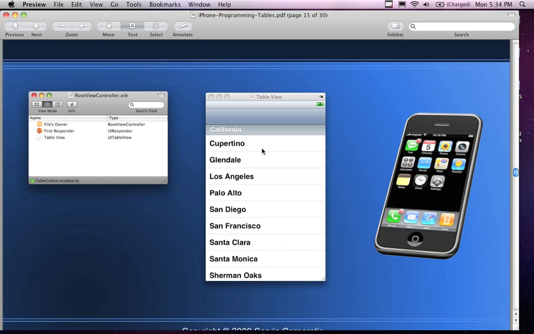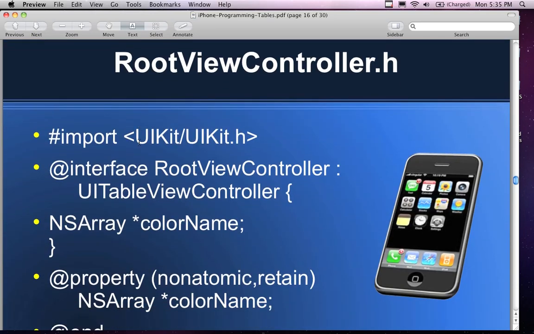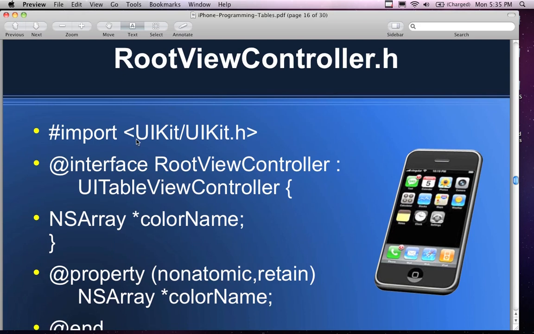It's a typical table, just like the bug list, except in the bug list we actually put images in the particular table that we saw. But it's the same concept as before: you're picking the root objects from File's Owner, and you're essentially adding things into the table view. Now, in terms of what the root view controller .h file looks like, in terms of the specification here,